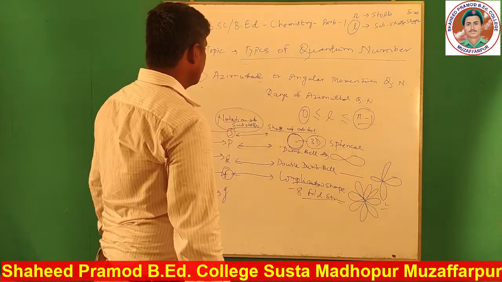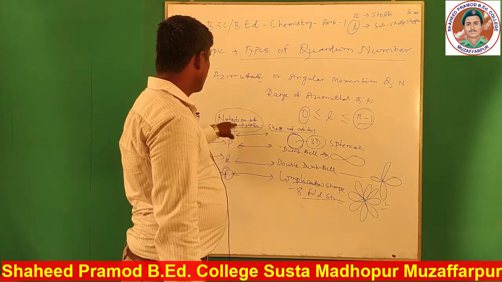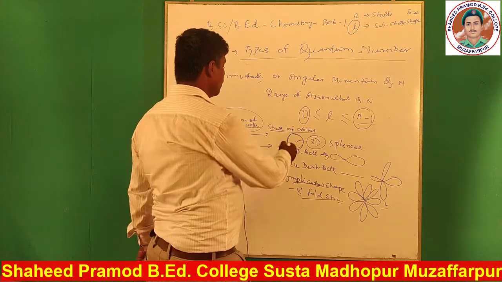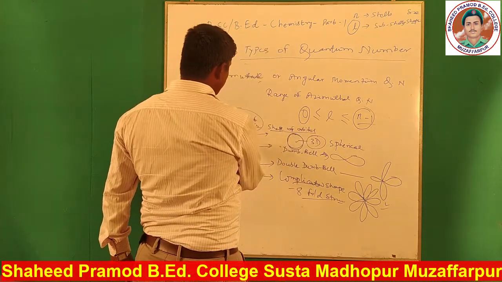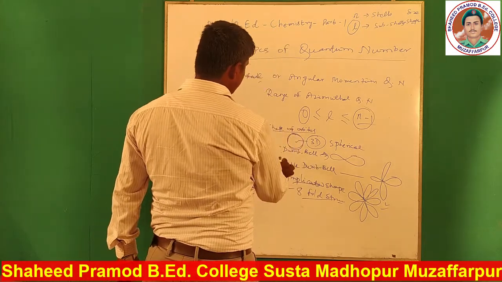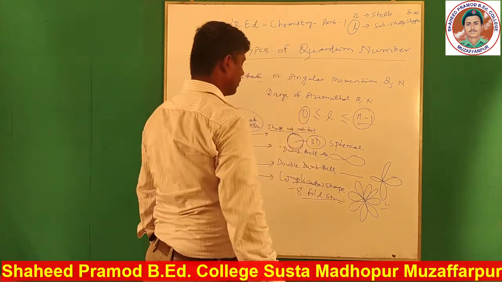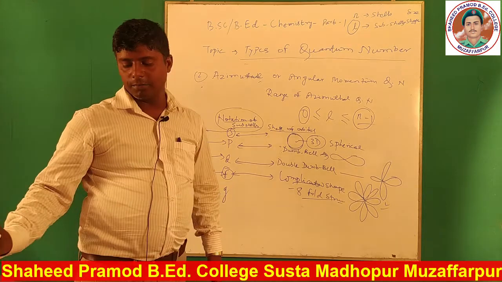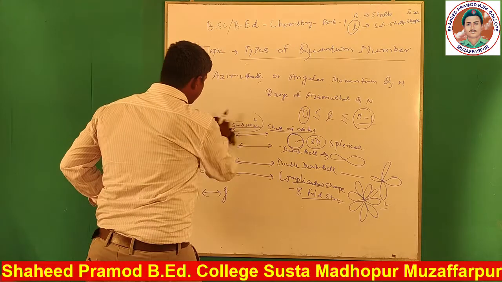Okay. So, with the value of L, the azimuthal quantum number, the notation of subcell will be S, P, D, F, and the shape of orbital for the S subcell will be spherical. For the P subcell, the shape will be dumbbell. For D, this is double dumbbell. For F, this is a complicated shape of eightfold structure. So, we have seen the first part of this azimuthal quantum number. What is the next part?